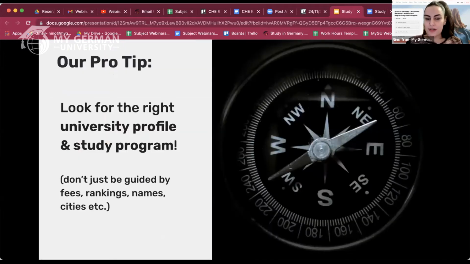I have mentioned rankings, and I am always repeating myself that even if international rankings are more or less important, when choosing a study program, you should be the one who decides what is most important to you. Maybe it's language, maybe it's tuition fees, maybe it's location. So you should create your own ranking and rank the universities or the study programs according to that. Of course, the decision is always upon you, so feel free to rely on your own ranking or international ranking as you prefer.